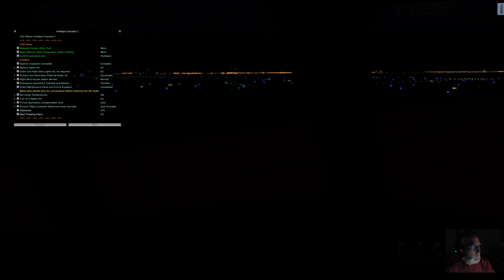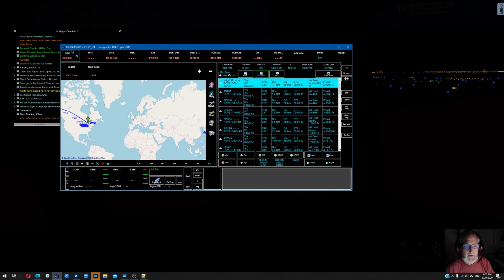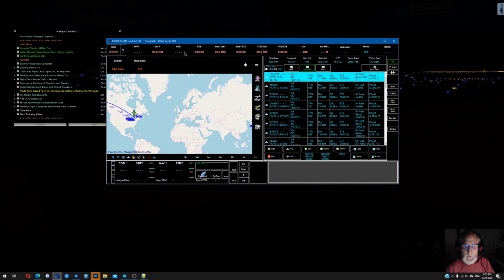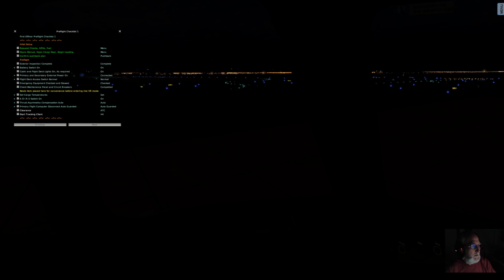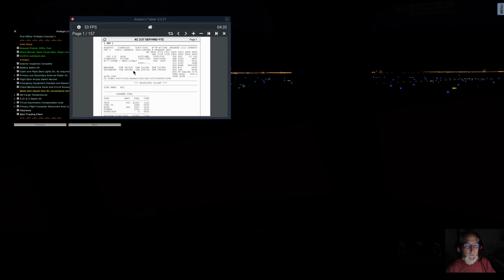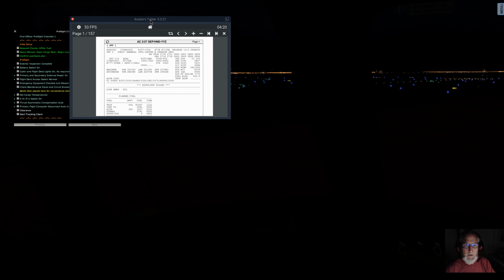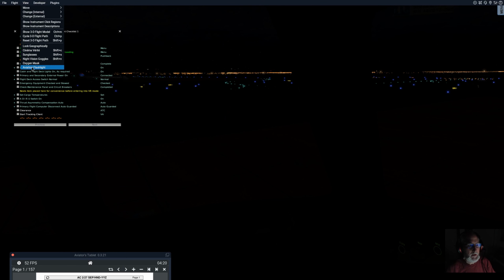We are also going to be using pilot to ATC, and we've got that all set up with our stars and everything, so I'll put that off to the side. We'll be working with that a little bit, and then I'll also use Avatab for our SimBrief flight plan. So that's kind of the setup here, and since it is cold and dark, let's turn on our